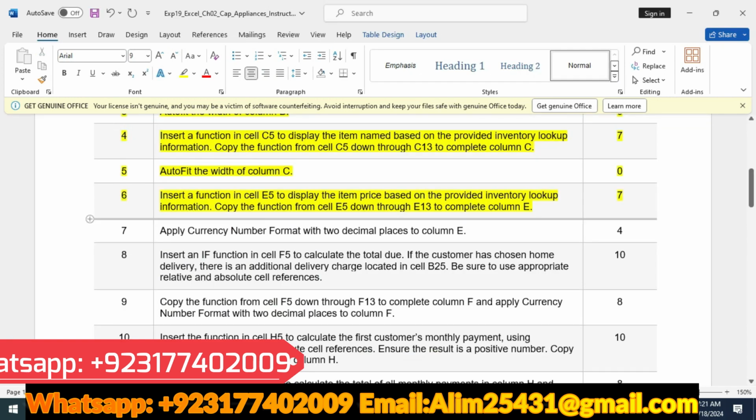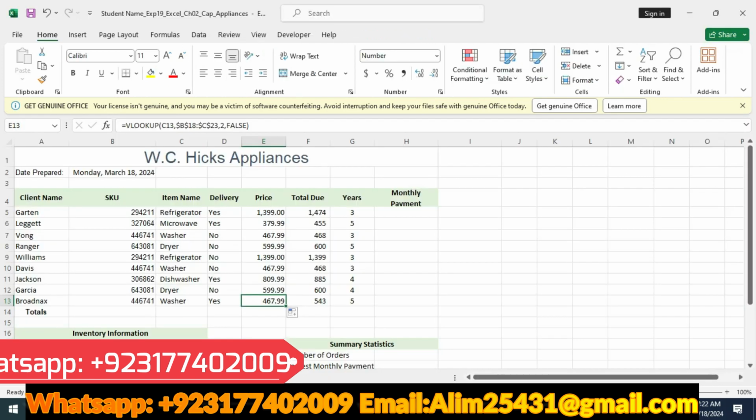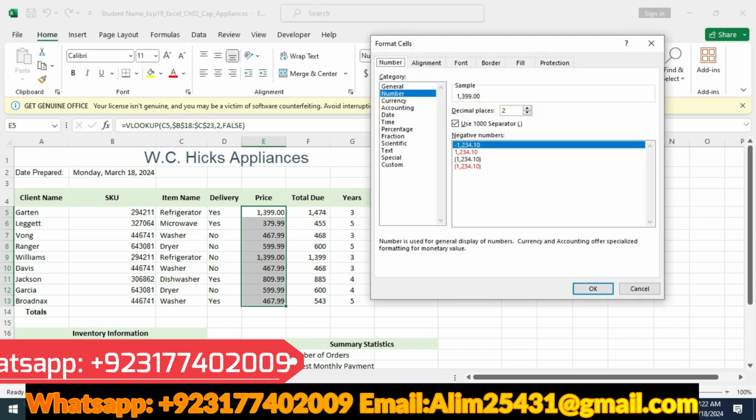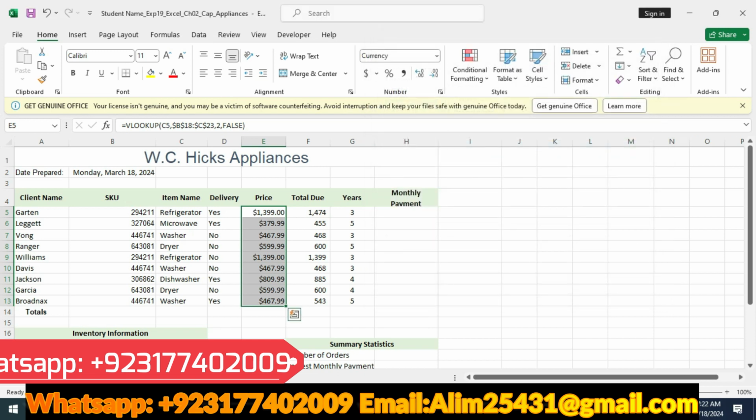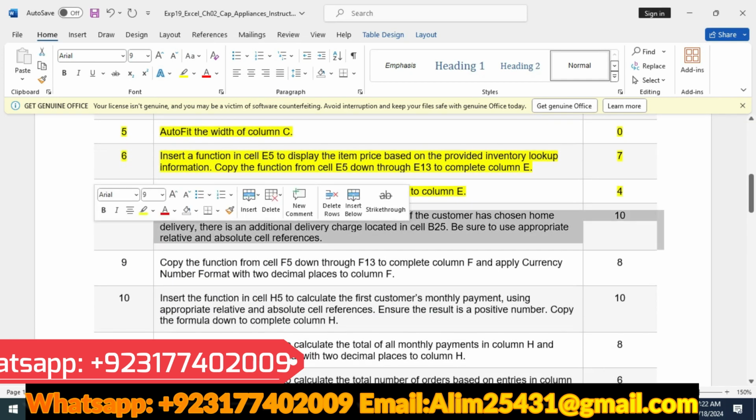That's our sixth step. Our seventh step is apply currency number format with two decimal places to the column E. So we will select this column and we will go to the currency number format with two decimal places and press OK. So we have got currency number format with two decimal places. That's our seventh step. Our eighth step is